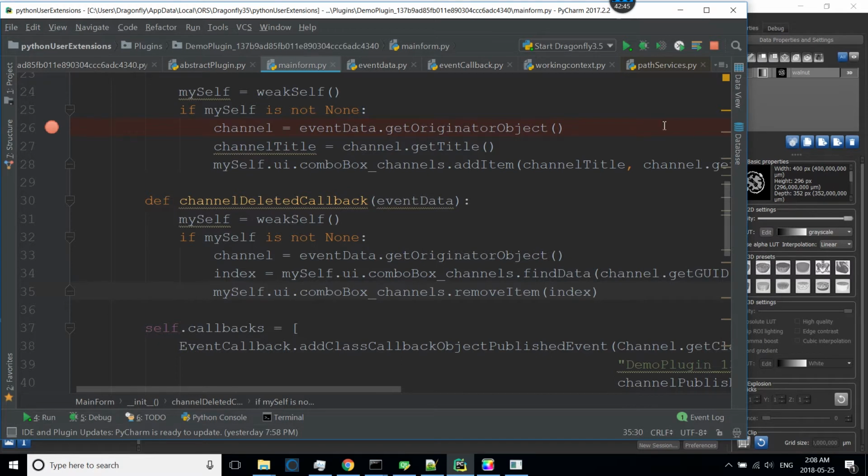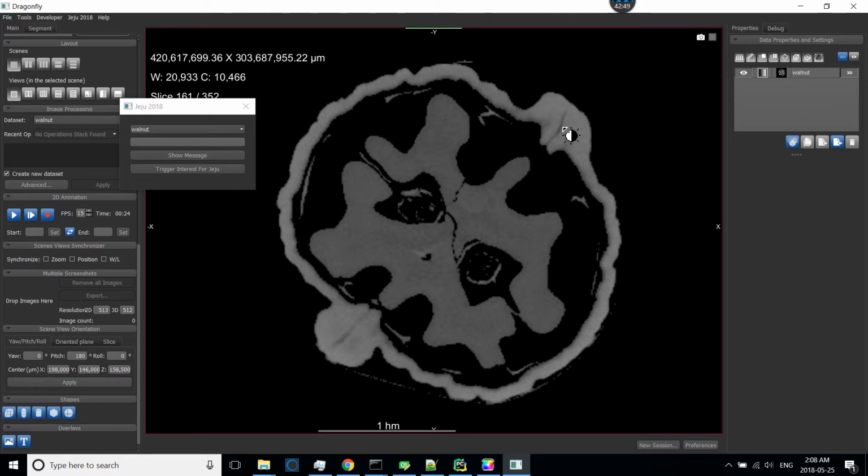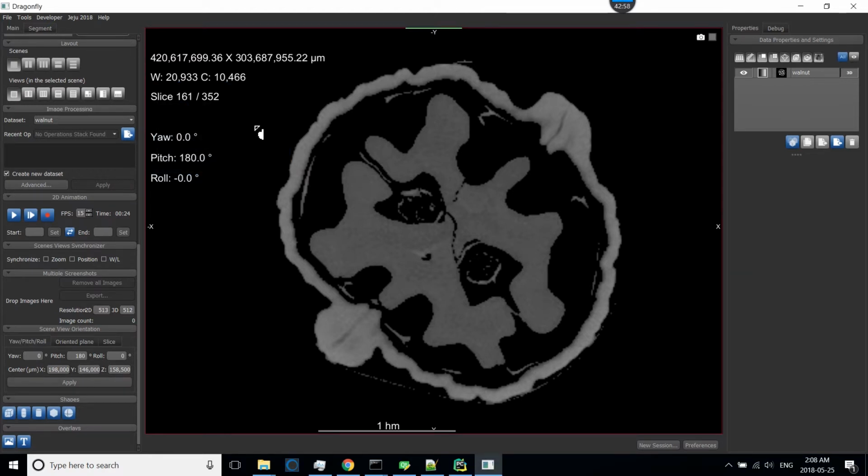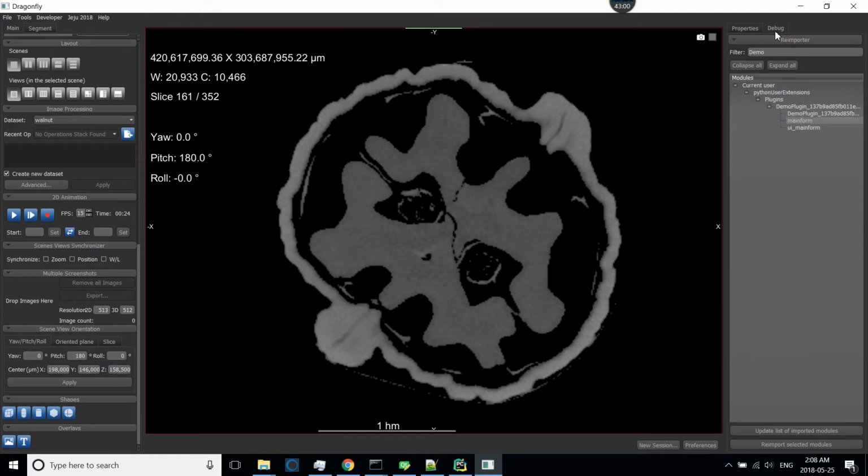Okay, so for this, I will close the widget with the X. So this will close it, and if all the instances of the plugin are cleared, if there are no more instances of that class or module, then the reimporter will work. So here I can reimport my main form,